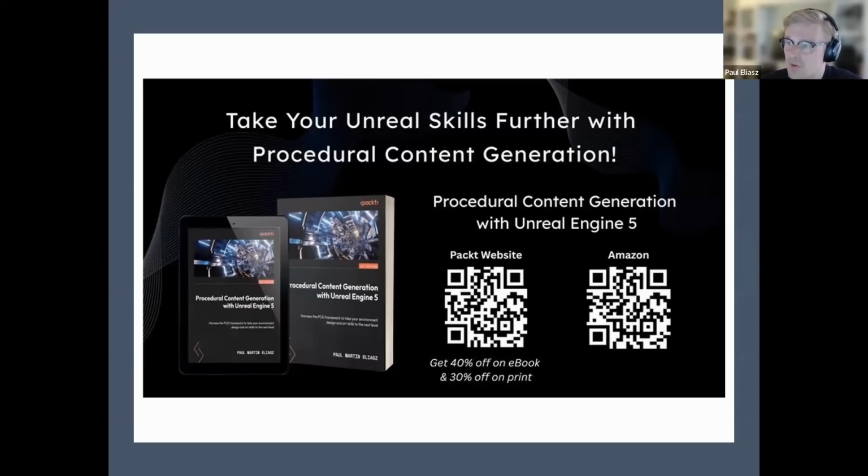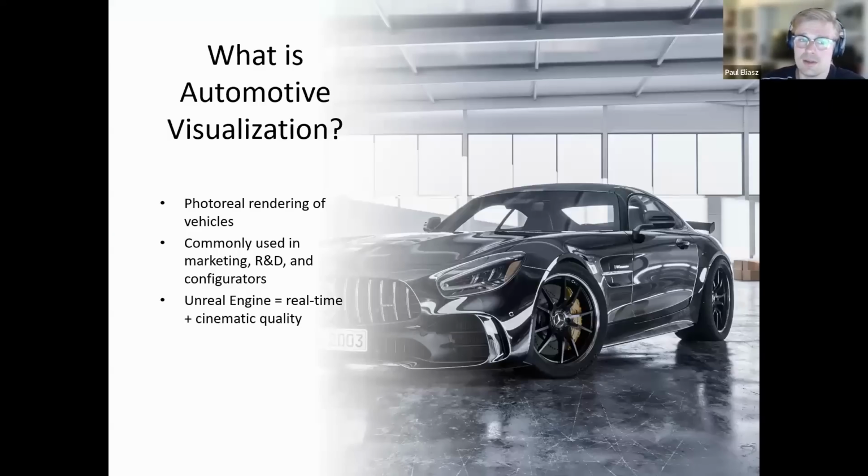So, for anyone who's interested in procedural content generation, I will definitely recommend you do it, because it's mainly for beginners who want to get into PCG. So, for any of you who are quite new,